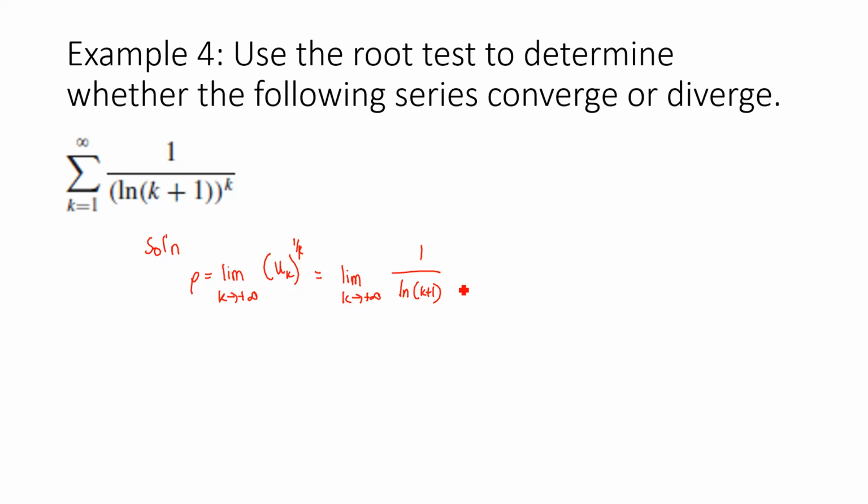Using the concept that you have learned in your previous calculus, the limit of this one is equal to 0. Since our rho is equal to 0, which is less than 1, we could say that the